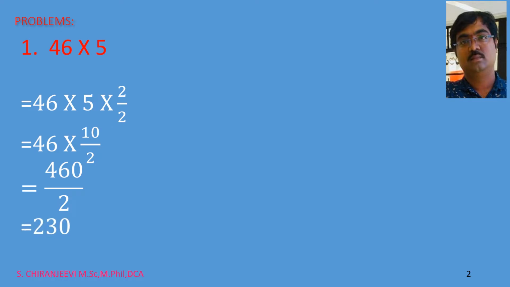See here, if we need to multiply by 5, you just need to multiply and divide by 2. So 5 into 2 will become 10. So multiplication of 10 with any number will be very easy, and dividing by 2 is also very easy. So now